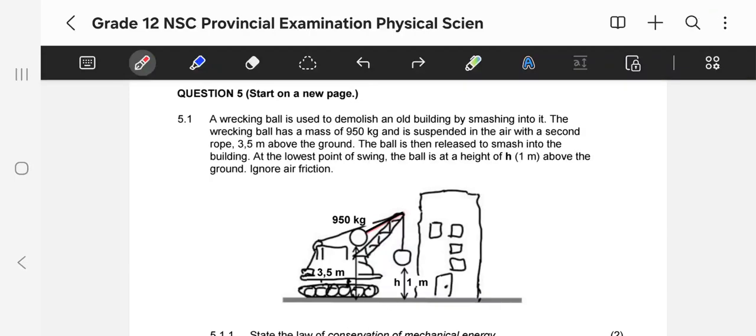On this one we're doing question 5 of June 2024, grade 12. 5.1 says a wrecking ball is used to demolish an old building by smashing into it. The wrecking ball has a mass of 950 kg and is suspended in the air with a rope 3.5 meters above the ground. The ball is then released to smash into the building. At the lowest point of swing, the ball is at a height of 1 meter above the ground. And then they say ignore air friction. Okay. And then when we proceed,